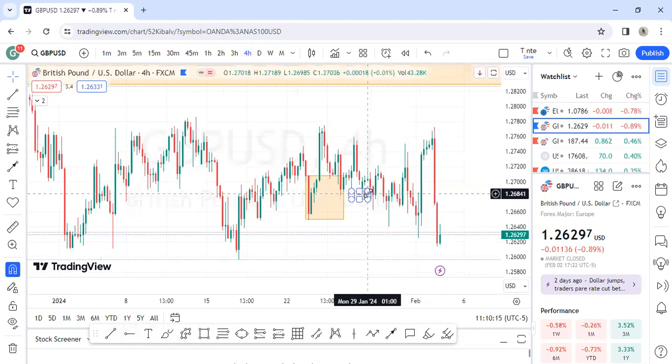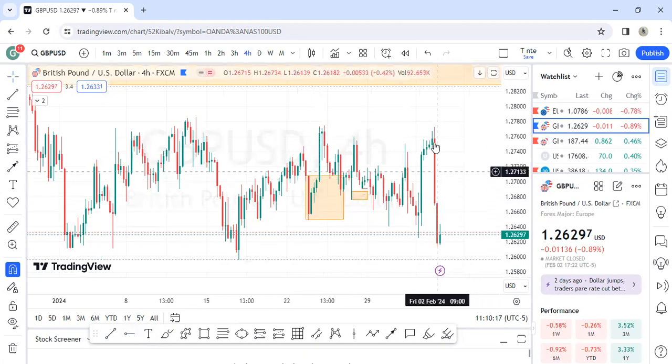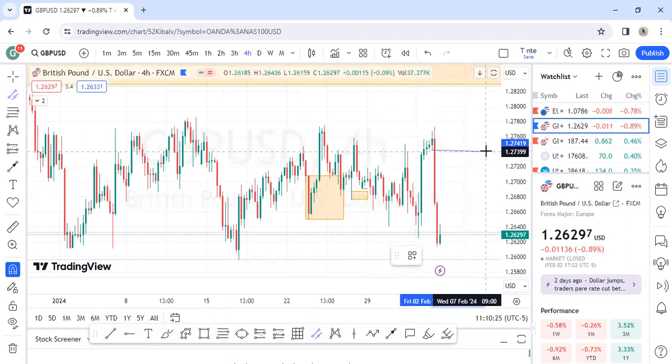So you can see it's very, very clear. Market has displaced. It's this big gap. So it's very logical that the market might want to come for that gap and try to close up some of this imbalance here. That's possible. The market might want to close this imbalance and then drop off.